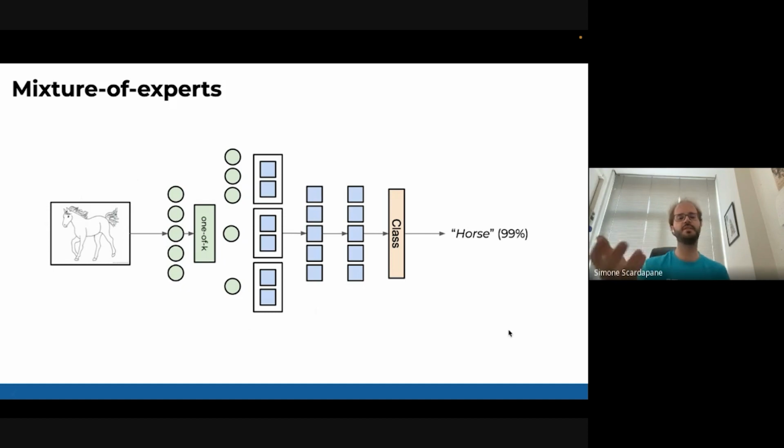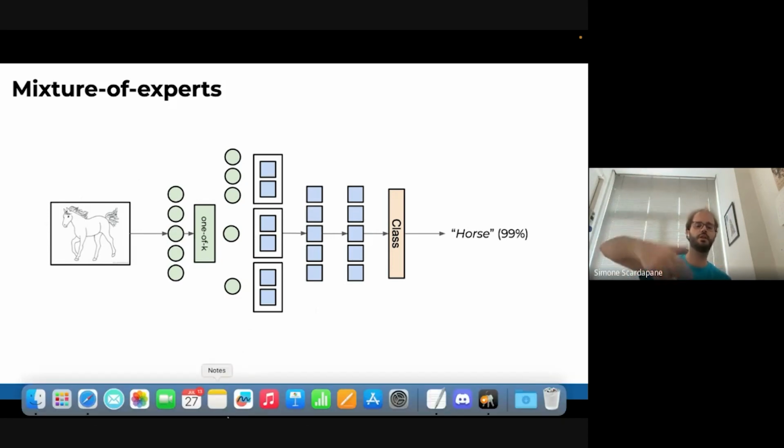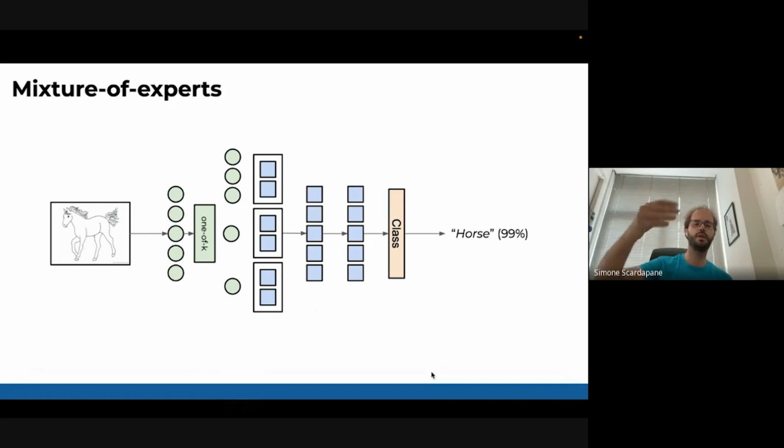And this is interesting because here I'm showing it with 3 experts, but even if we have a lot of experts, we will only activate those that receive at least 1 token. So again, we see this decoupling of parameter and computational power. Basically, we can have as many experts as we want, but we will only activate those that we need in a certain moment.